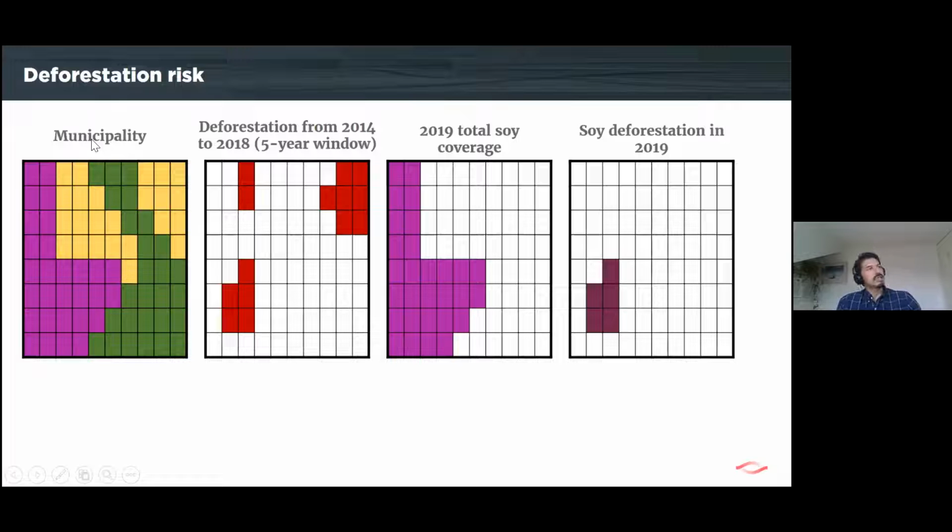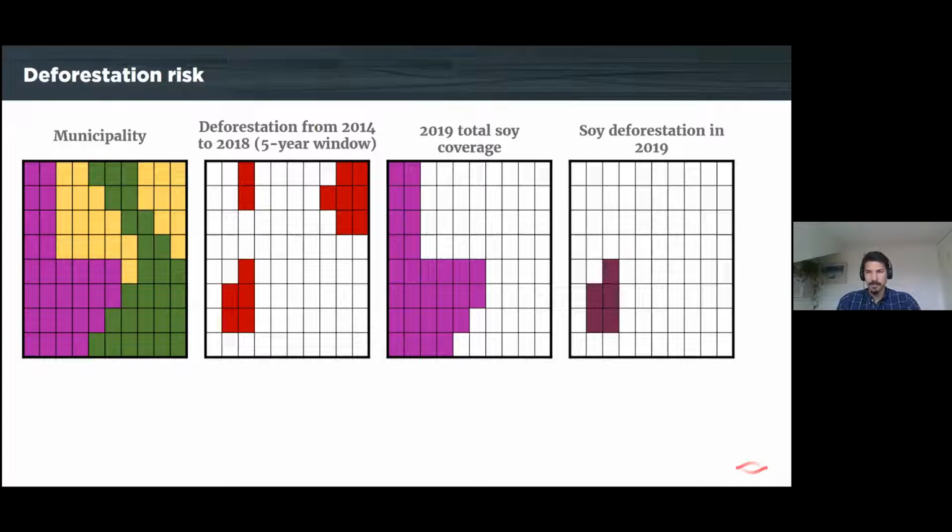Great. So let's take an example, a municipality here. We get information on the land use of this municipality. For example, using the government data, we see the different polygons of deforestation in that municipality. We also use data from partners, from universities and other places that map soy production. So let's imagine this is the soy production map and this is the deforestation. Overlapping both of them, we see this here. Let's imagine each of these squares represents 2 hectares of deforestation. So we see here that in this municipality, it was 10 hectares of deforestation